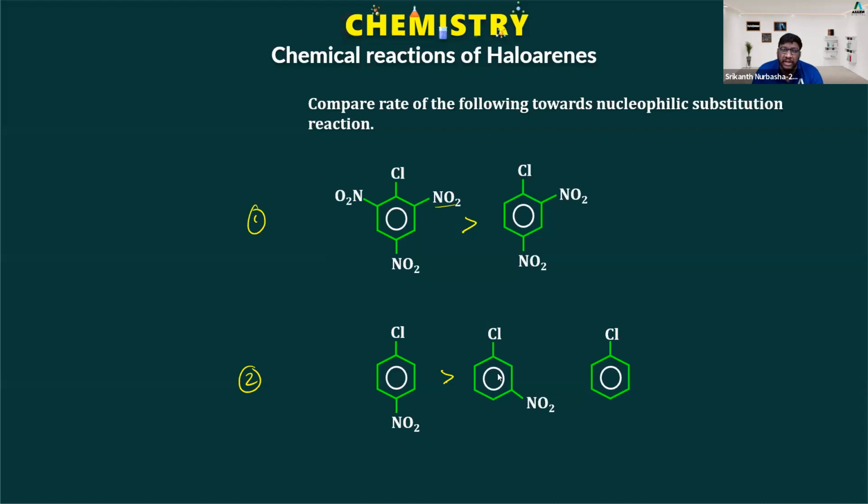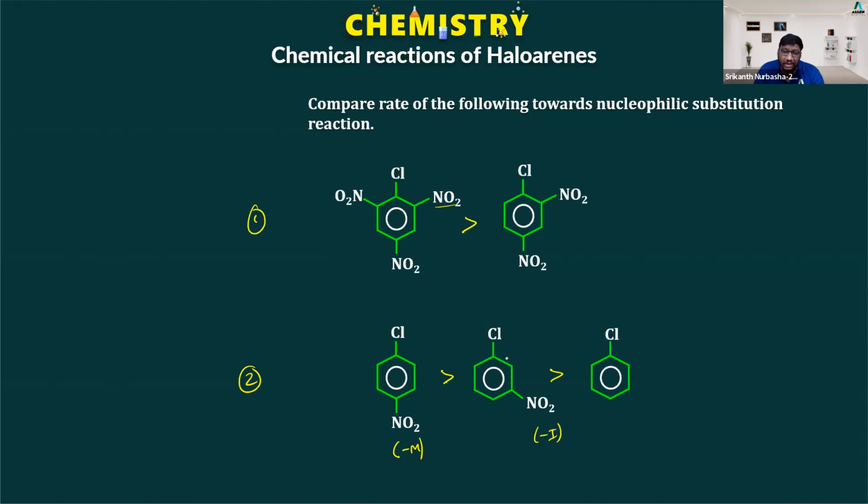If it is present at meta, it withdraws electron density by inductive effect. So is it always an electron withdrawing group only? The NO2 group is an electron withdrawing group. NO2 present at ortho and para withdraws the electron density by resonance. But NO2 present at meta will withdraw the electron density just by inductive effect, but it is still withdrawing the electron density. So obviously meta nitro